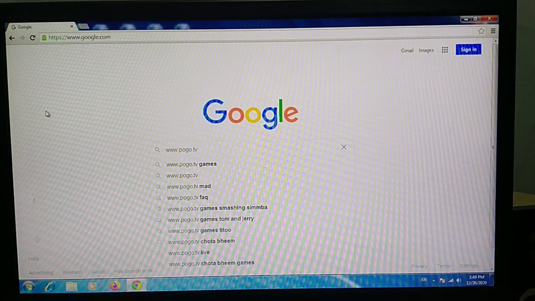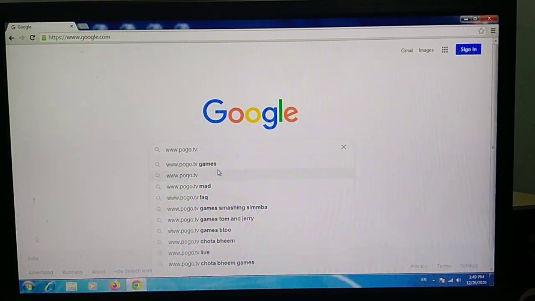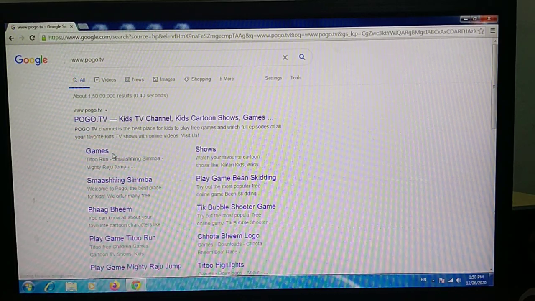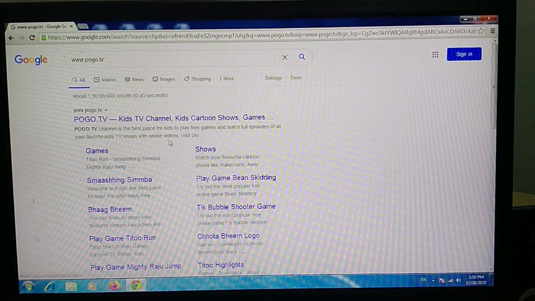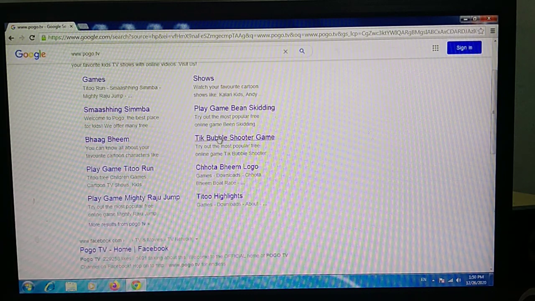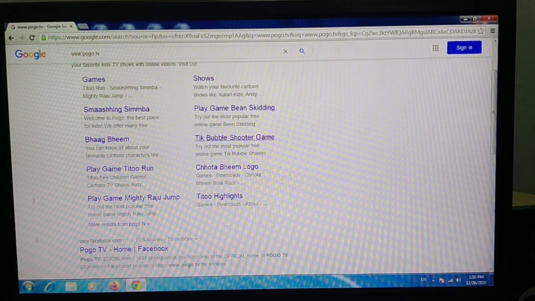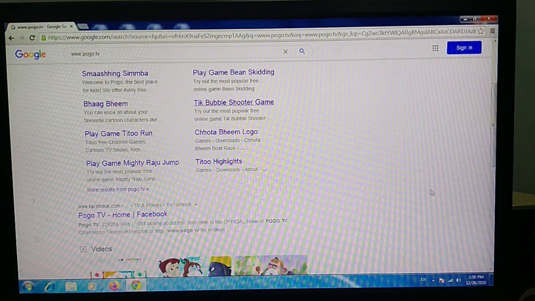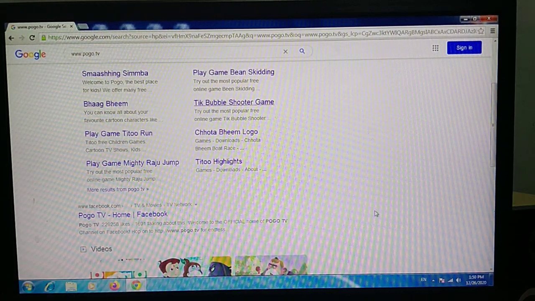I have written the site here. You can see pogo.tv, and you can click on search. The Pogo TV Kids TV channel, kids cartoon shows, and you can see many websites opening in front of you, game shows and many others. This is your address bar.